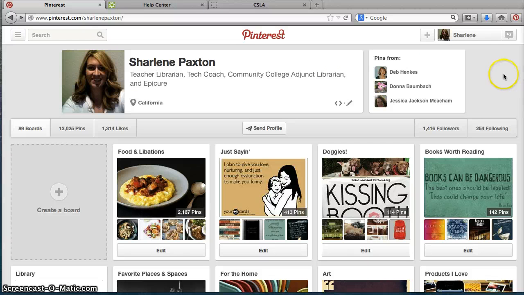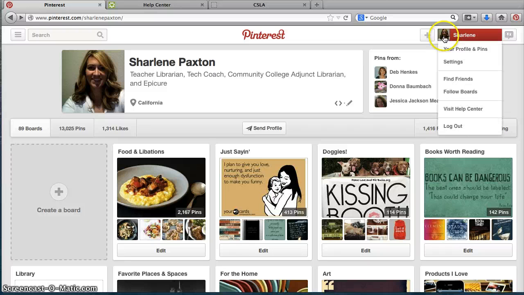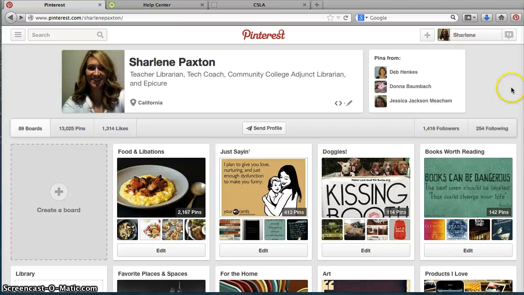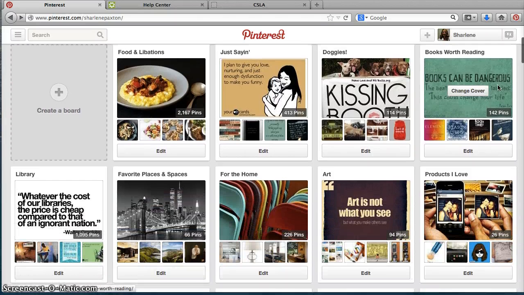The other thing that you can do is you can add widgets, and that is also in the settings area or in the Visit Help Center area. It will tell you how to add widgets to your blog or your website with the Pin It button, so that if someone is visiting your blog or website, they can quickly pin things that you have shared to their